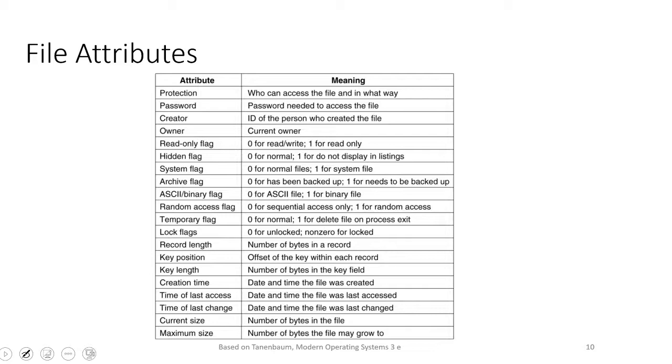Then in addition to the file types, we may also have a number of attributes attached to these files. So these are the properties of files. So things like protection to say who has access to the files. At times we may have a password with the file, then information like who created or who is the owner of the file, or time related information, size related information. So there are a number of things that we can have, even things like whether it is a read only file or a hidden file. So a number of these properties we can also associate with a particular file.